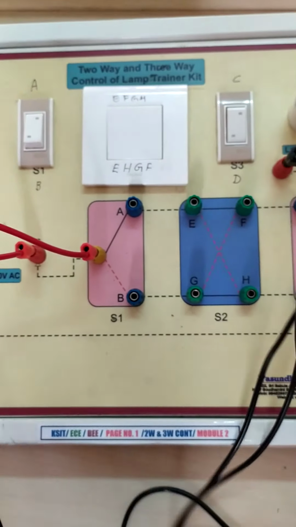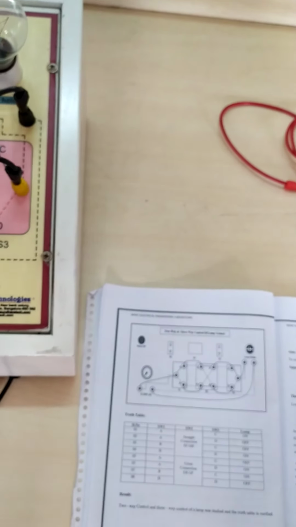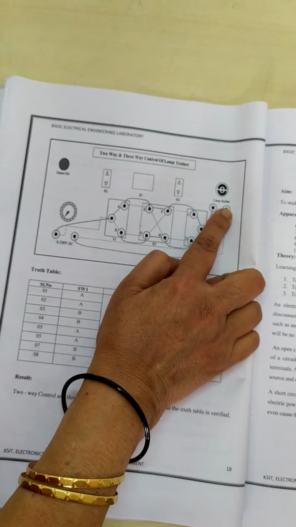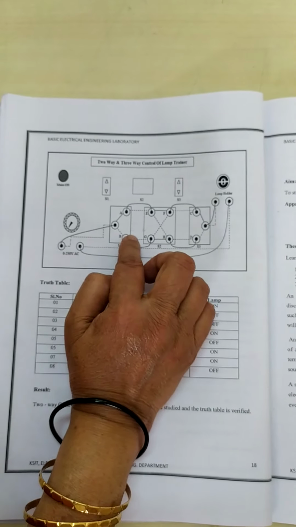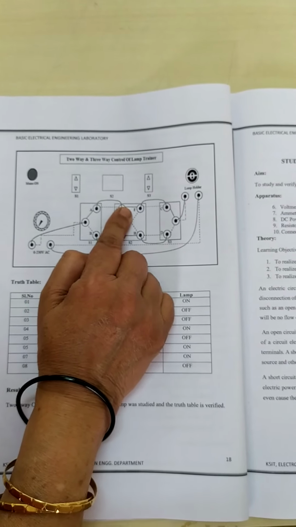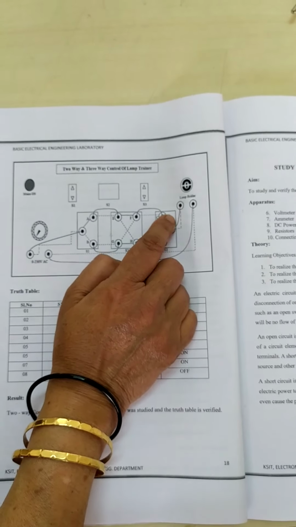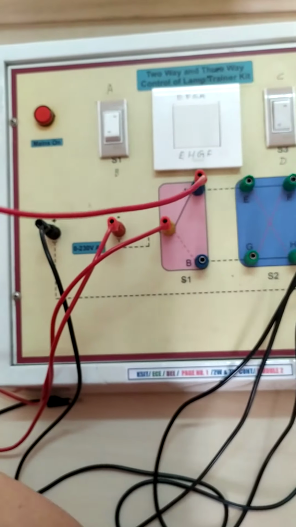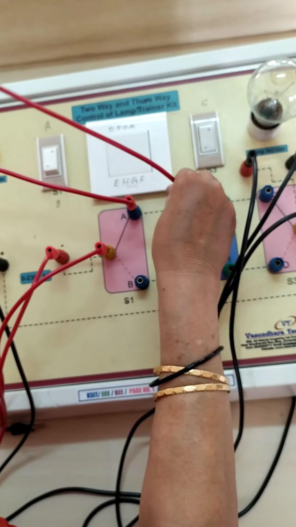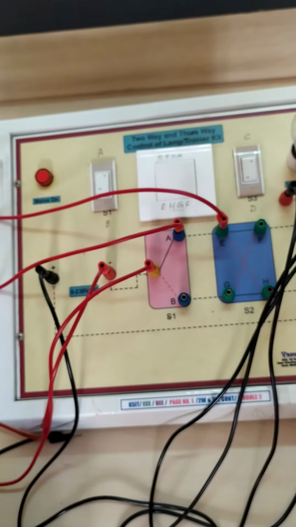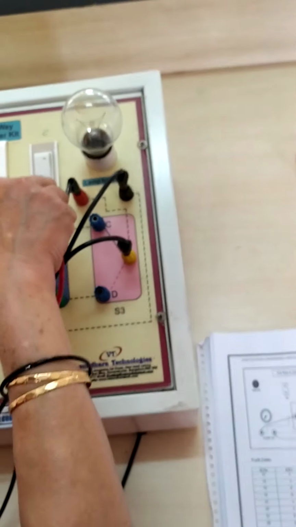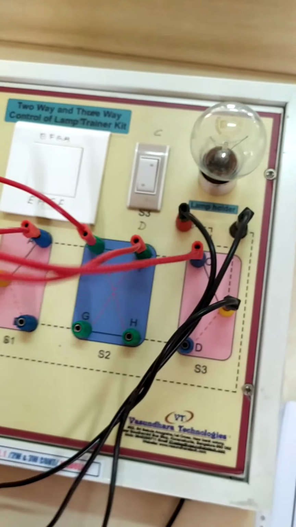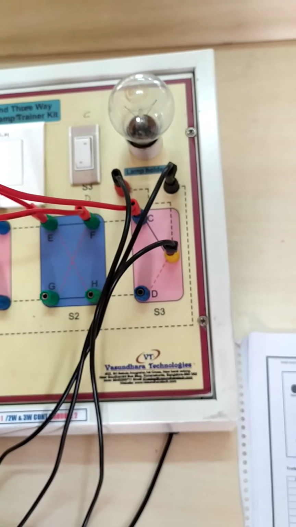Okay, and then another supply terminal to the load. So this one is connected to the load terminal. Then coming to this middle portion, A is connected to E, then F is connected to C. So let us make A to E, from A I am connecting it to E, and then F to C. So these two connections are over now.